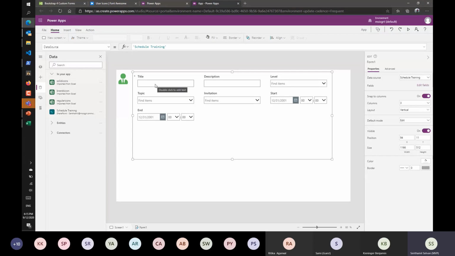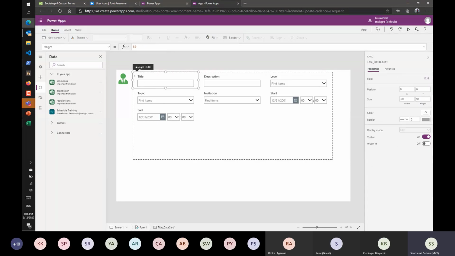So now if you really want to add an icon or make it look like a Bootstrap, the first thing you should remember is that you are designing a form, which means that you are playing the role of a designer. So any UI designing is a tedious job. You cannot be just thinking that it's an easy one, just drag and drop or copy paste. Some of them you can do, but you have to really think over that. Designing is one of the tedious parts because you really have to look into pixel-level details if you want to have a very great design on the form. So for that, let me remove it